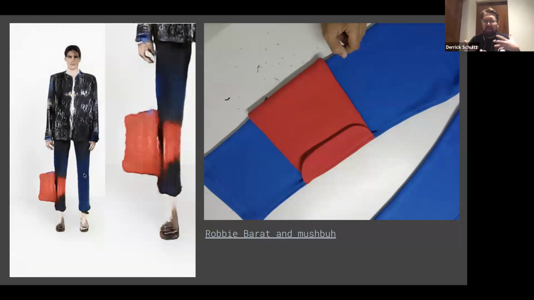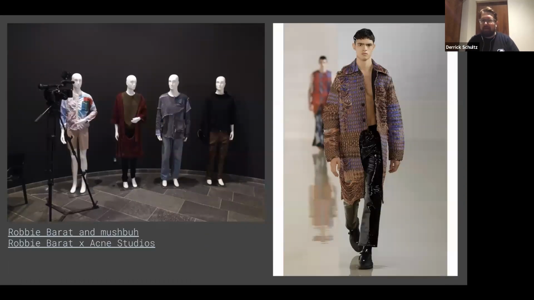So again, they found a way to exploit the machine learning model's stupidity and made really interesting pieces from it. They kept up with it until they ended up with this amazing runway show that is going to be shown in Paris and other places. So again, I think it's really important that we as designers and artists, who already have a workflow and our own outputs, think about how we can use machine learning as just another step in that process. It's not the end of our work, but just a way to generate more ideas and to create more possibilities for our own work.